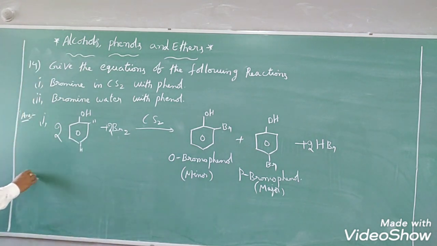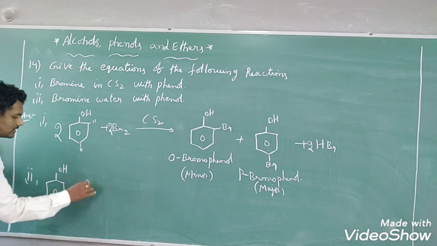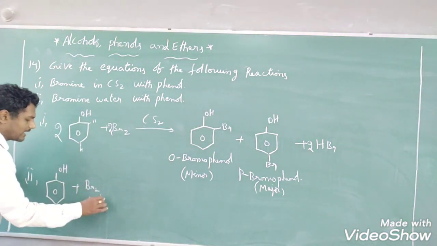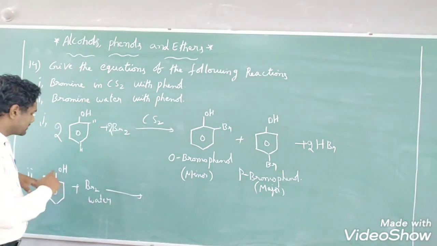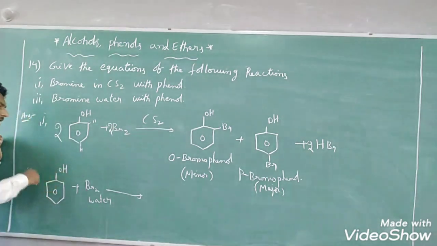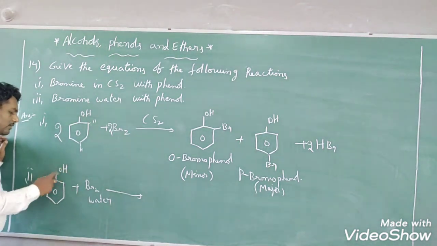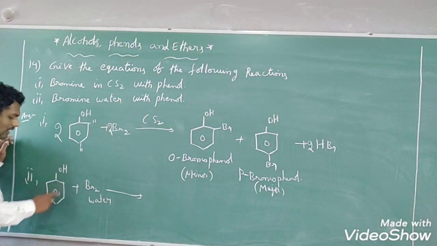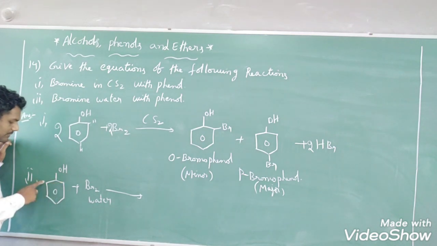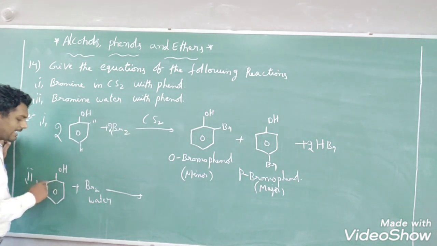Then what will happen if you add bromine water to phenol? We will see that. Let us take phenol. When phenol is treated with bromine water, I have added bromine water directly. I didn't use a CS2 reagent. Then what will happen? Wherever the possibility is there. The possibility is there only at the ortho and para positions, because the OH group is an electron donating group. Due to the presence of an electron donating group, the electrophile can attack either the ortho or para position. Ortho position means this position, along with the para position. So 3 possibilities are there for the electrophile to attack.